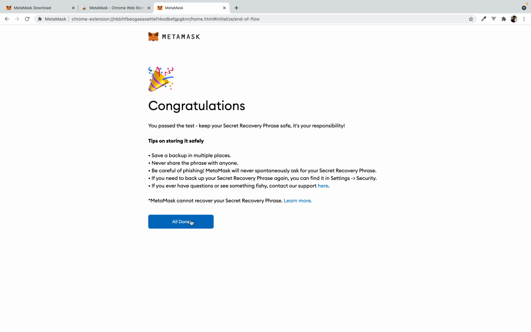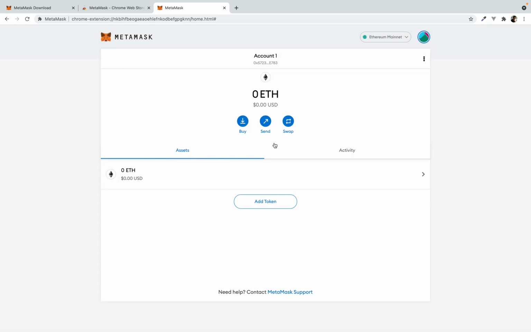Click confirm. All done. Congratulations. Now your MetaMask wallet got created.